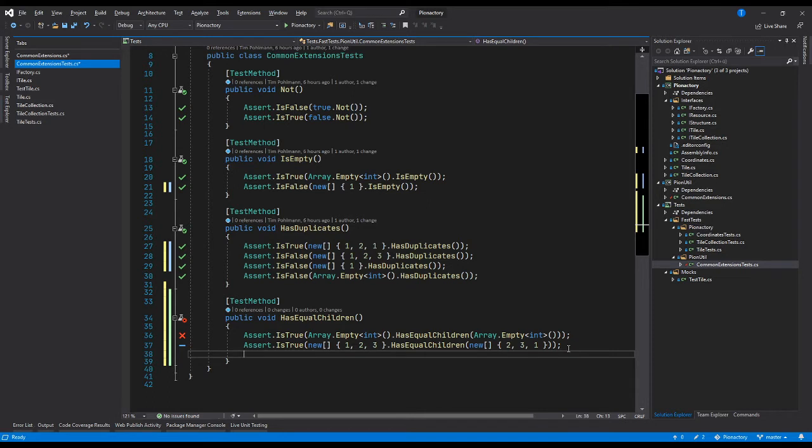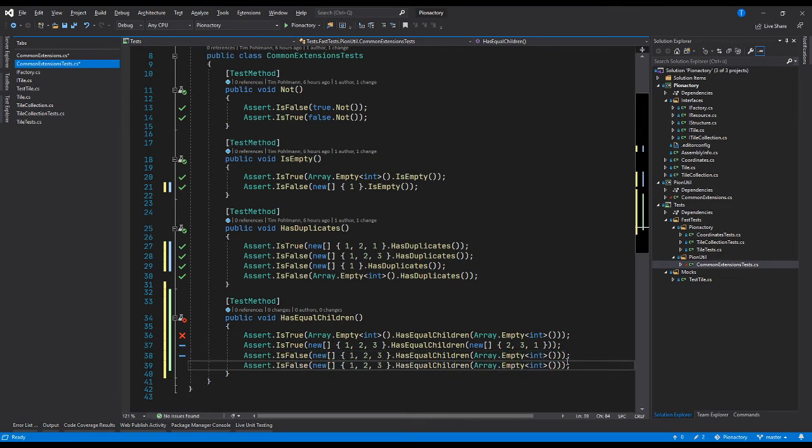And yeah, and now we can have a few failing ones or false ones. Equal children should not be the same as an empty array. Also the other way around. So